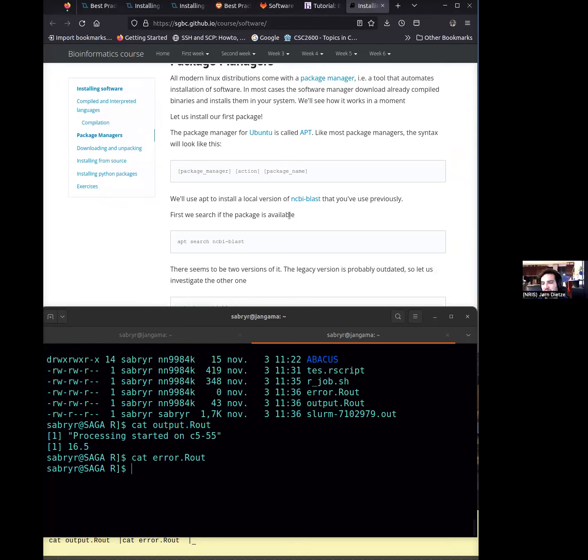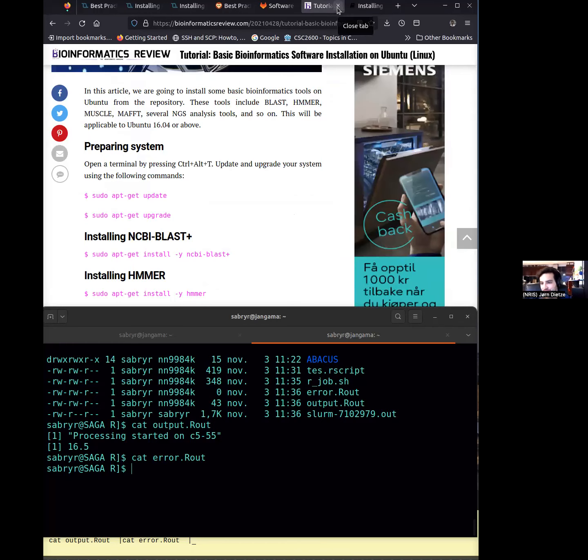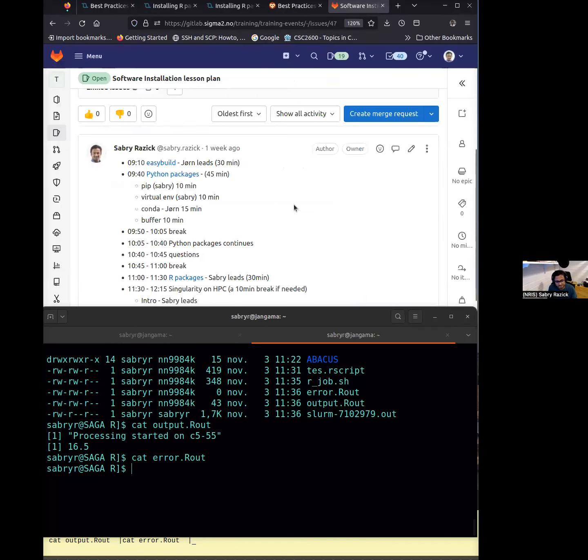Maybe to mention for the people who don't know, apt is the system package manager of Ubuntu and Debian. So it's not available on our systems, and even if it would be, it's only for admins and not regular users. So if your instructions contain something like install and sudo in the front, if you have anything with sudo, that means it's time that you should investigate the possibility of a container.